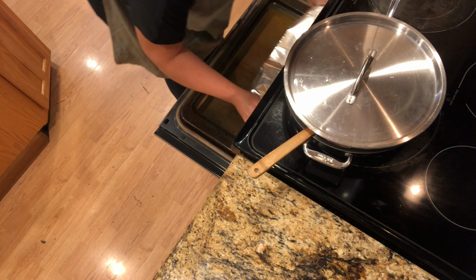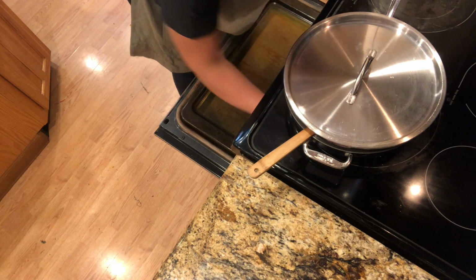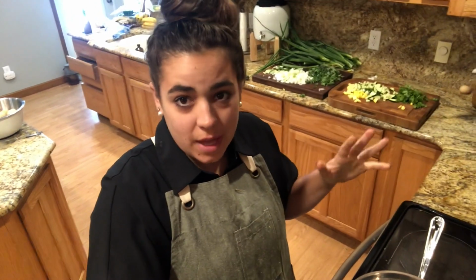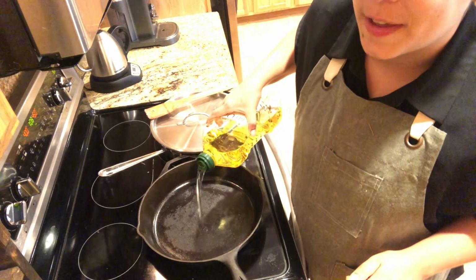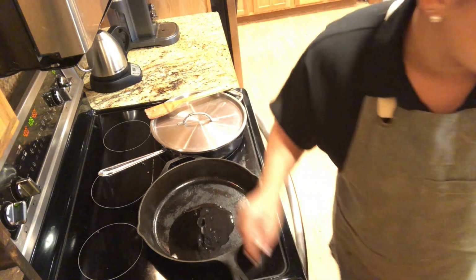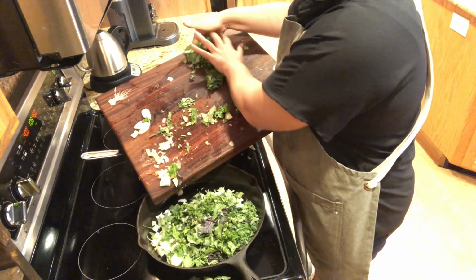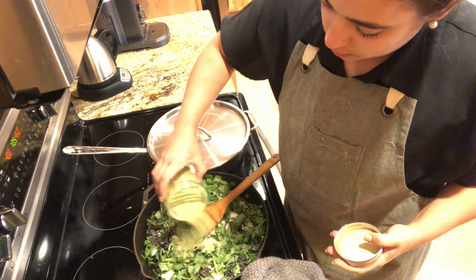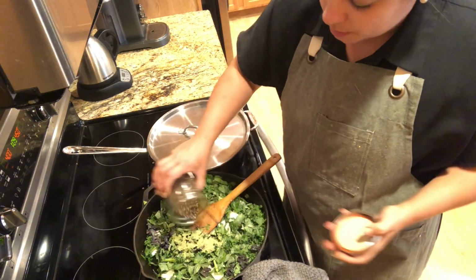I put the piece of foil on this because I don't want the eggs to brown in the oven. I just want them to cook, and the foil will help protect them from the oven heat to brown. Now we're gonna cook up the vegetables for the burritos. I just put a little bit of olive oil in there, probably a little bit too much, but that's okay. I'm just gonna throw everything in here. I'm gonna put a little bit of this garlic scape powder salt in here, some black pepper,